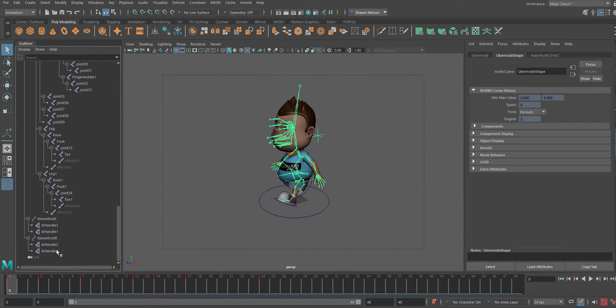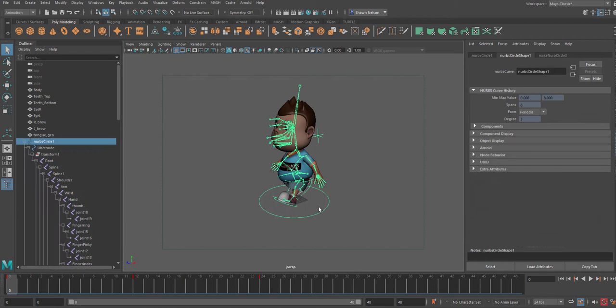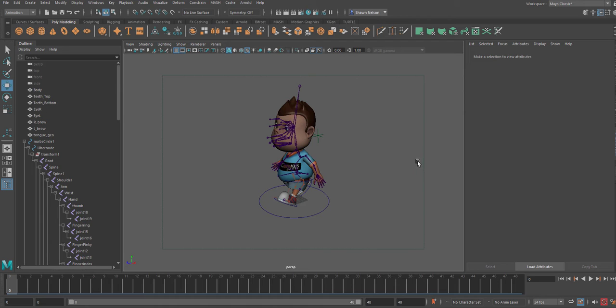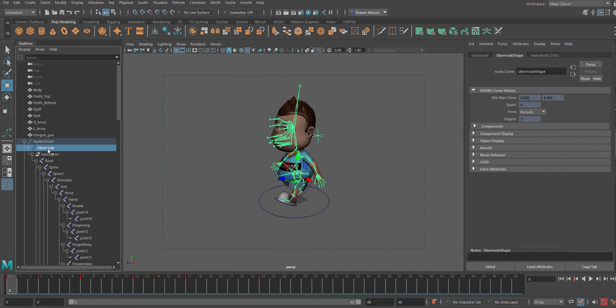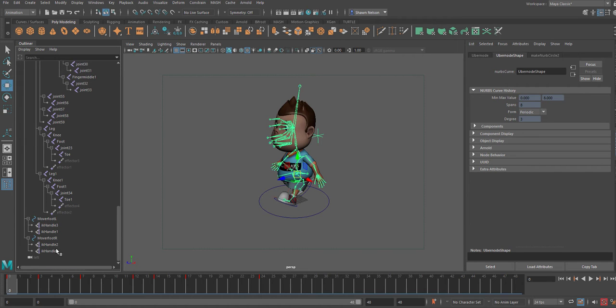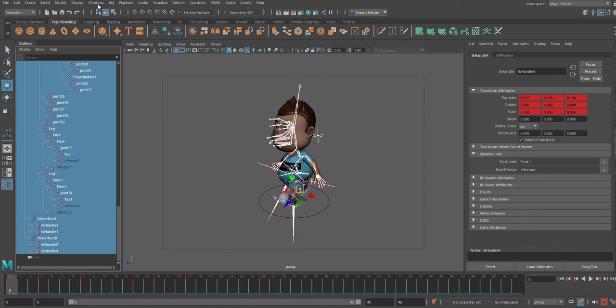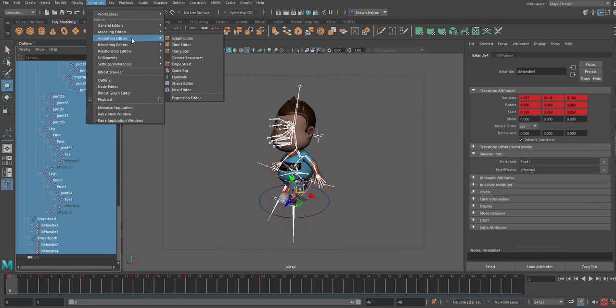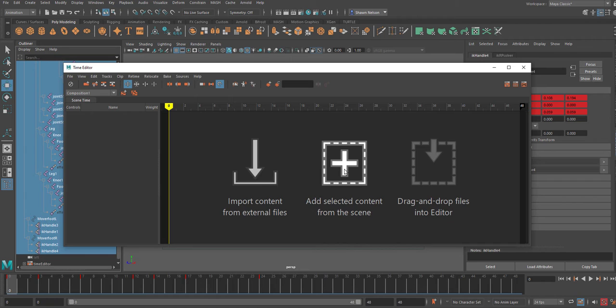Now, what you want to do, because we want to be able to move this around in space here, is not select this thing called NURBS curved circle, which is our mover object. When we want to move this guy in place somewhere, we move that. So we don't want that to be included within our animation track system, because we're just building cycles of other stuff. So I'm going to select everything below that manually here, and then I'm going to come up here to Windows, Animation Editor, Time Editor, and I'm going to add selected content from scene and create what's called a